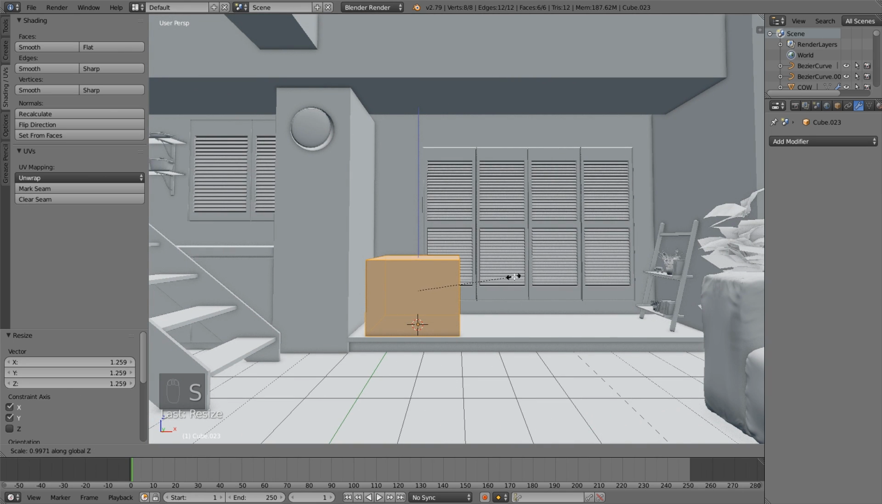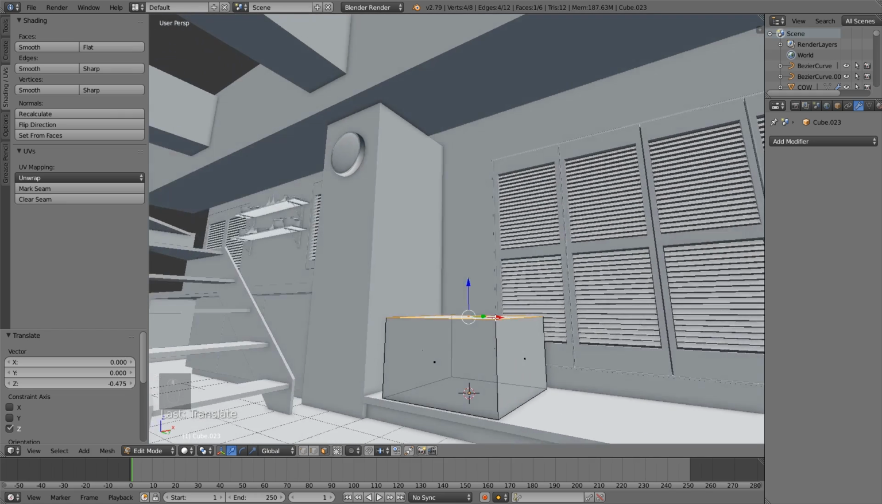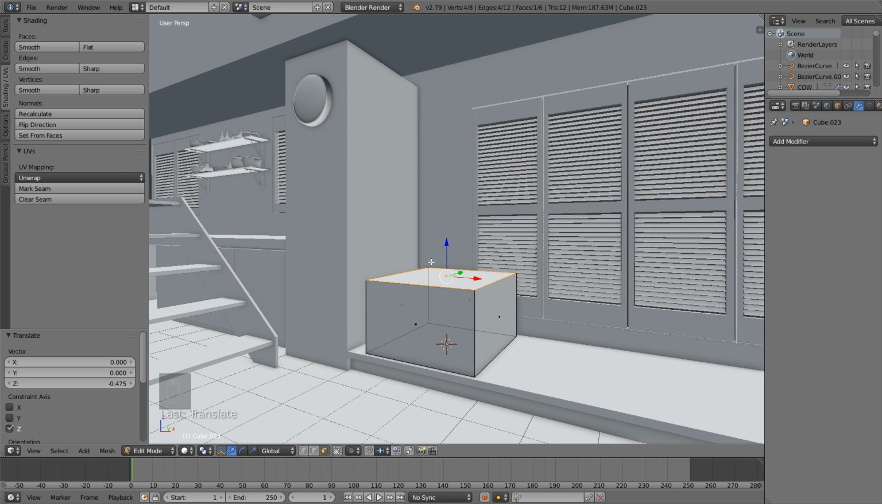And then I'll scale it down. I'll actually just grab that top face and pull it down. And now I'm going to angle it how I want the weight of it to be shifted. Basically, it's indented here where someone would sit on it, and then there's more material back